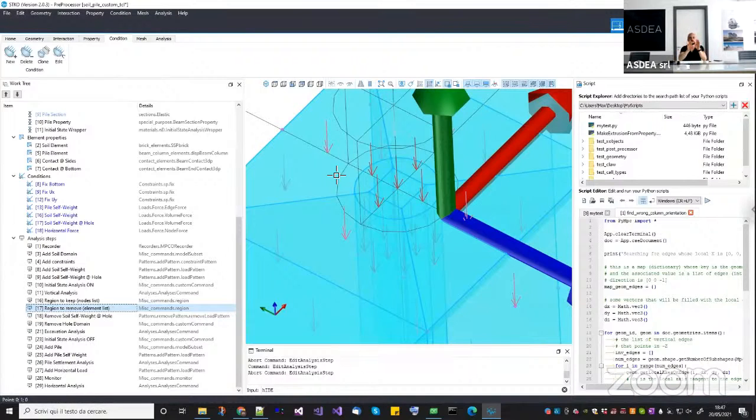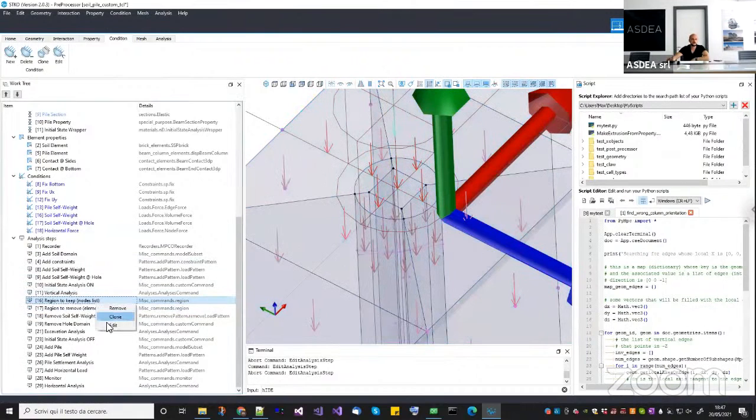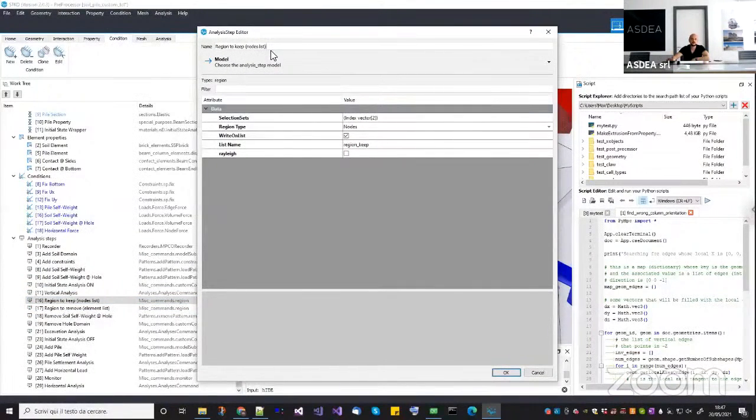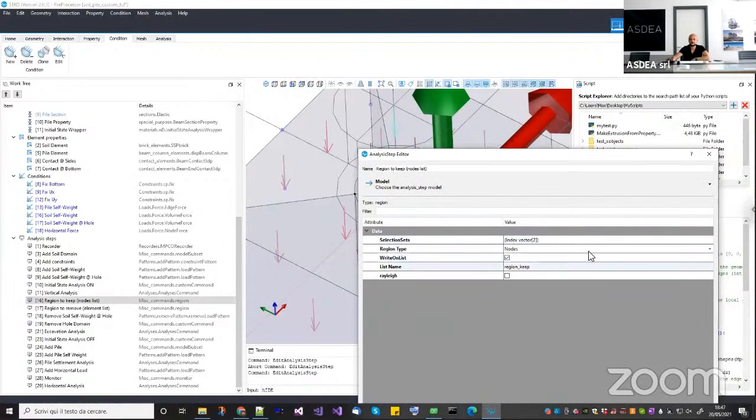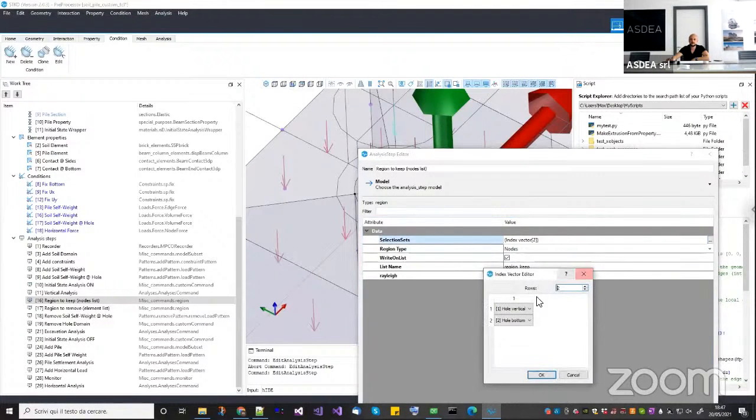So I need to perform a difference between two regions. I need the region to remove that contains all the elements and the nodes that I want to remove, and then a region to keep. This region to keep will contain the nodes that should not be removed from this region. Okay, so for example, in my case, I created a region of type nodes